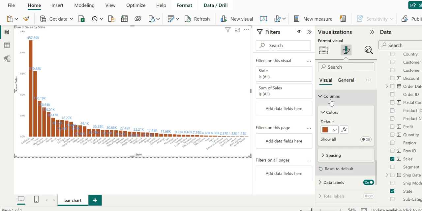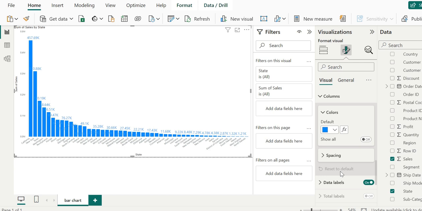Once we are satisfied, we can click reset to default or revert to default, depending on the version, and it will revert the appearance of our visualization. The reset to default button is a very handy feature in Power BI. You don't need to remember what steps you have followed. Just go to that particular pane, x-axis, y-axis, colors, and reset to default.